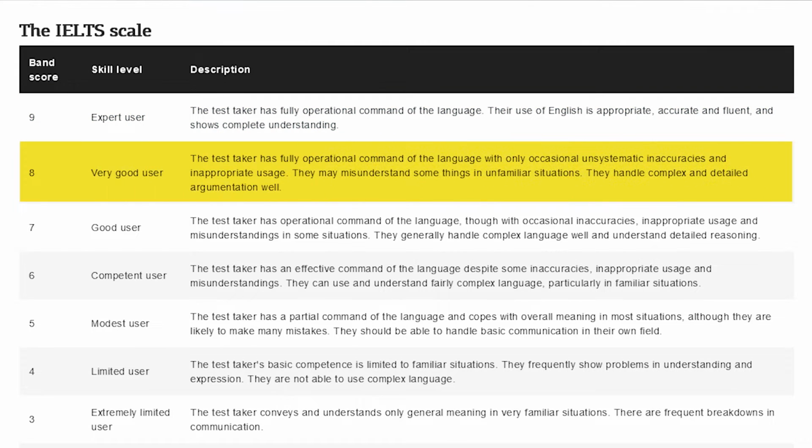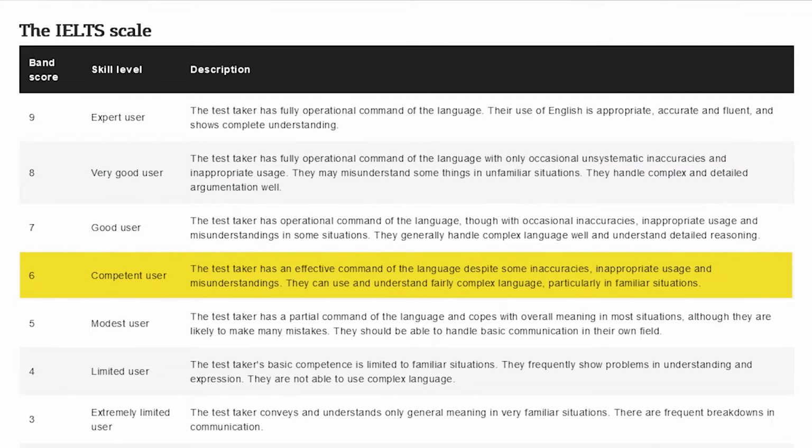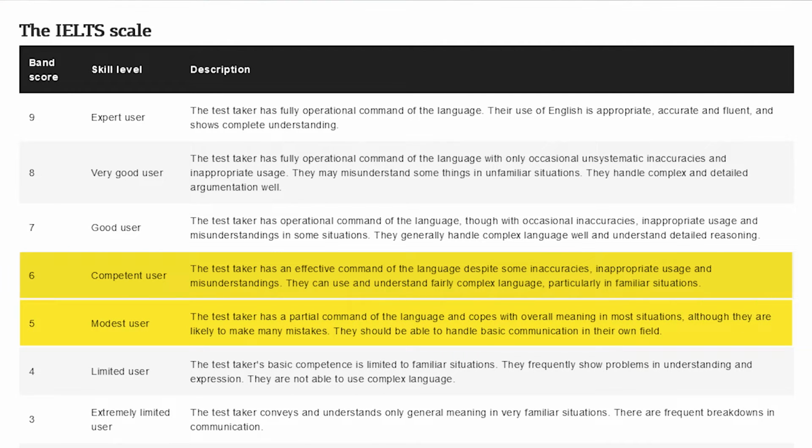If you occasionally have minor inaccuracies and misunderstandings, but can communicate using a wide range of vocabulary with complex language, then you can probably score an 8 or a 7. But if you have mistakes and misunderstandings that are more frequent, and if you're struggling with using complex language, then your score will drop to a 6 or even a 5. Bigger problems in your understanding and a total inability to use complex language will drop you to a band 4